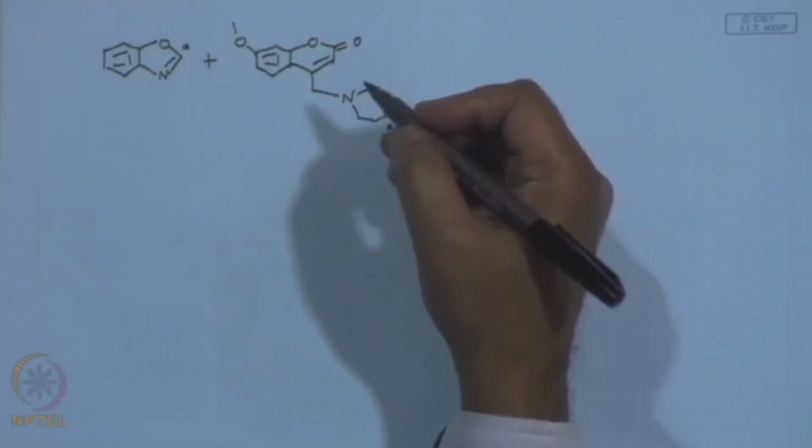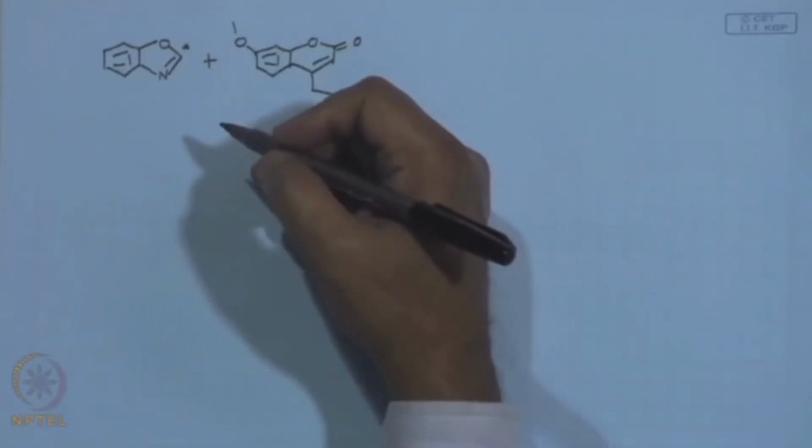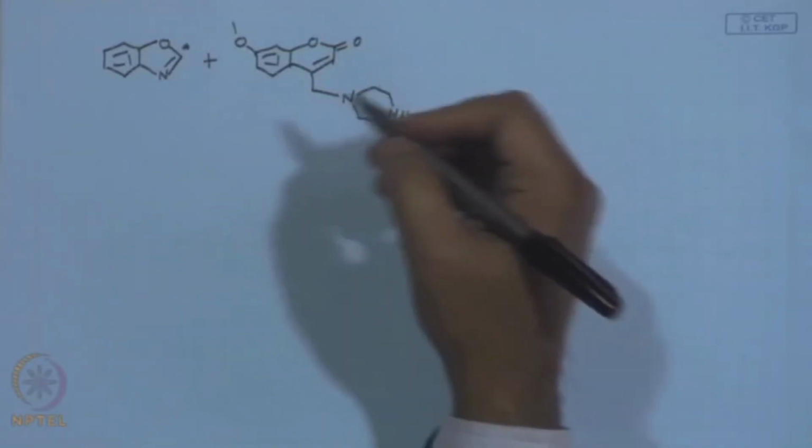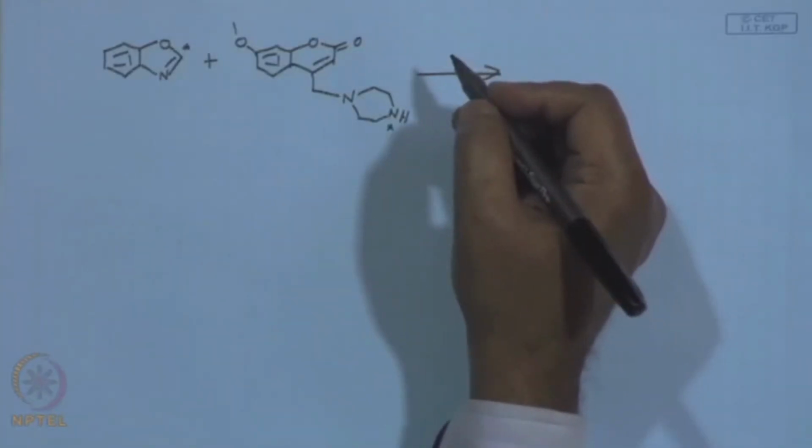So lithiation, magnesiation, all these things are not very welcome in heterocyclic chemistry. If you can avoid those reactions, that is much preferred. And so in this case, what they have done,